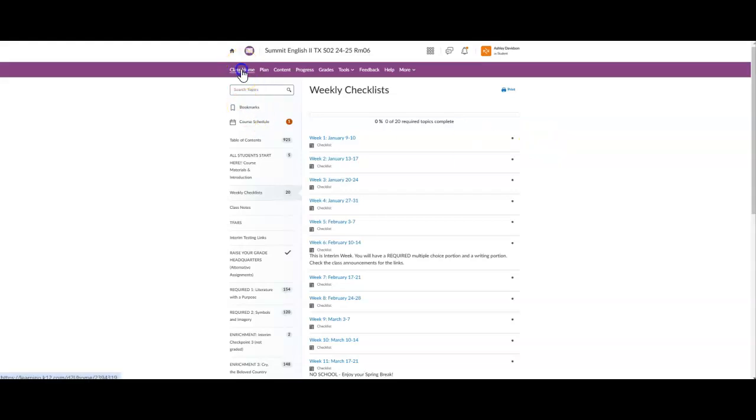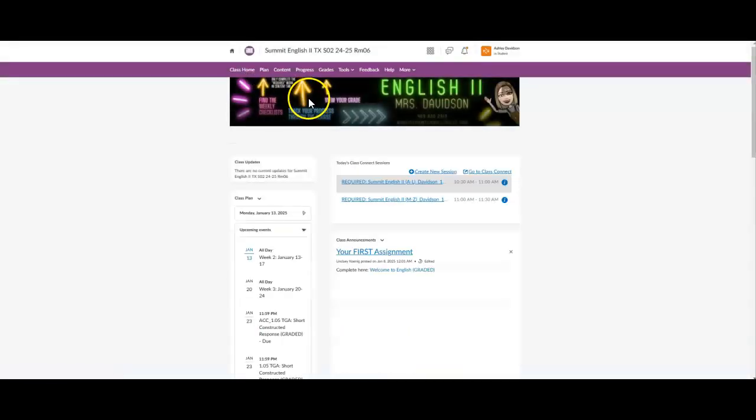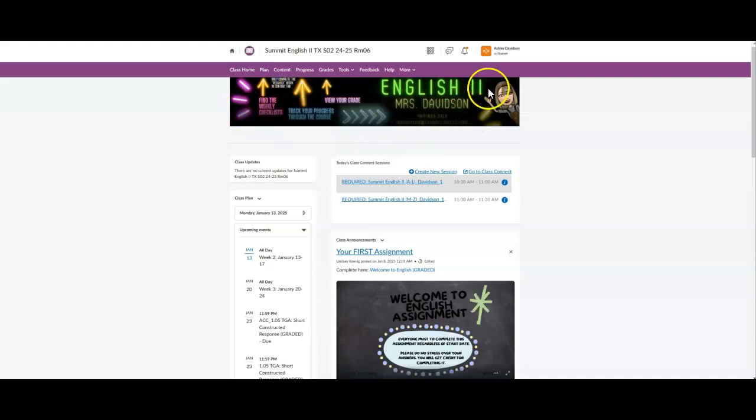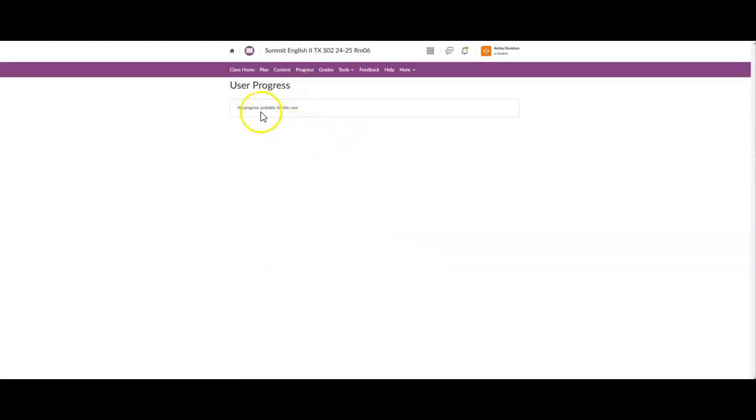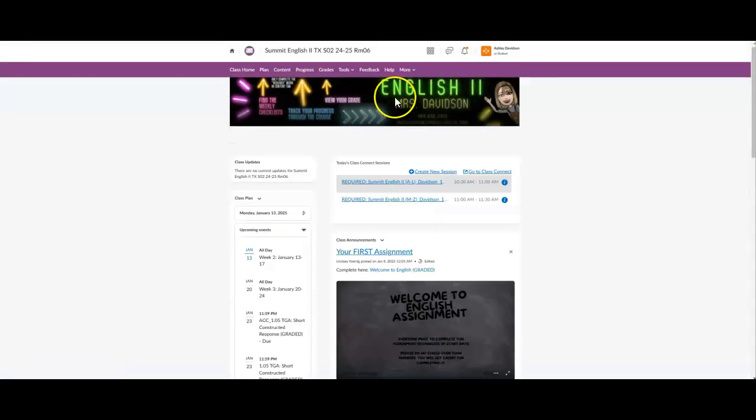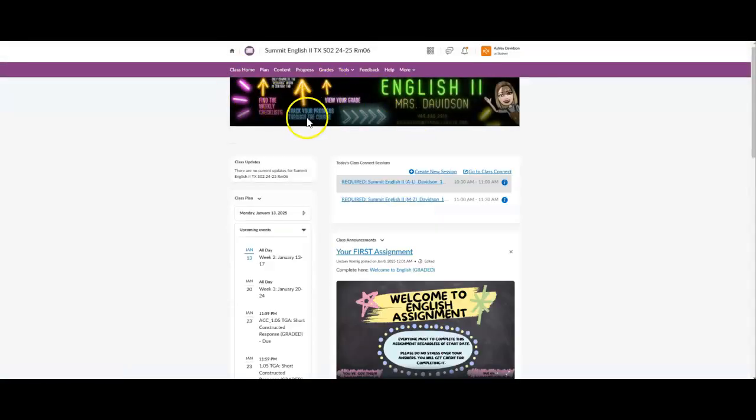And if I go back to class home and back to this banner at the top, all your teachers should have one of these. You can go to the progress. See, it says track your course project progress, and it's not going to show for me because I'm just acting like a student, but that is going to track your progress through the checklists, so the daily work that you have in English 2. All right, this is going to show you how far along, how many of those lessons